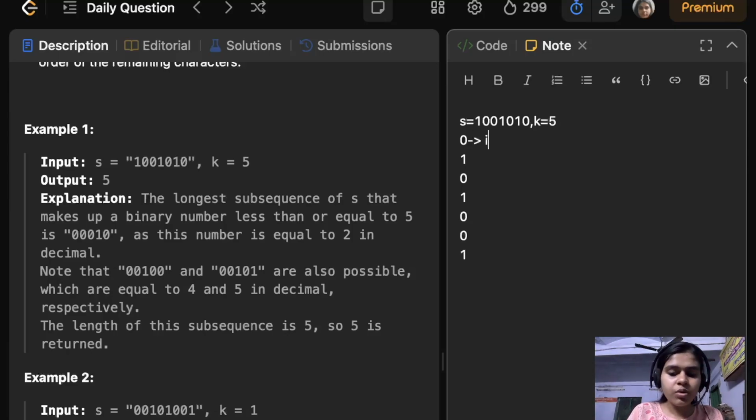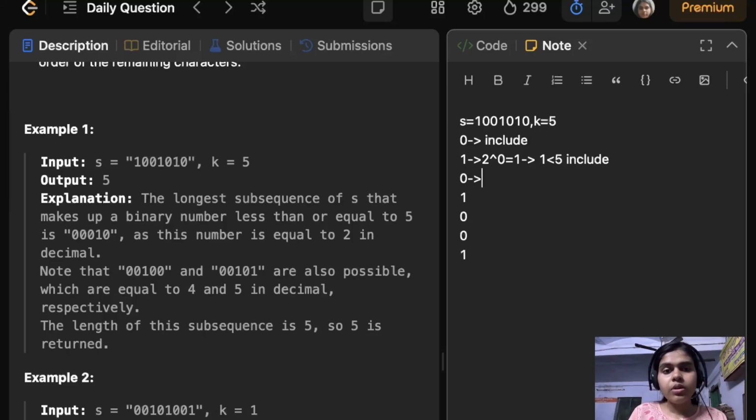What can we do? We can simply include this in our subsequence, right? Again, we are provided a 1. It's 2 to the power 0, which is equal to 1, and 1 is less than 5, right? So we can include this, right?